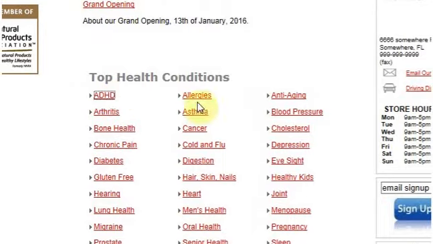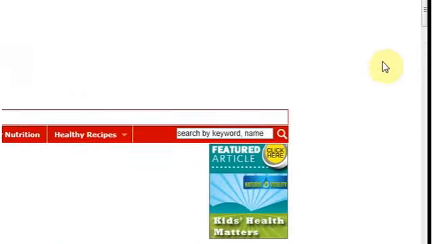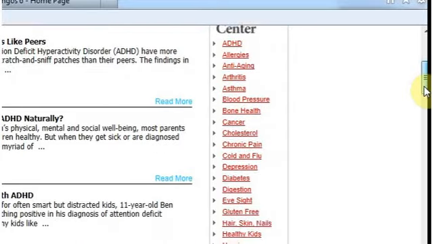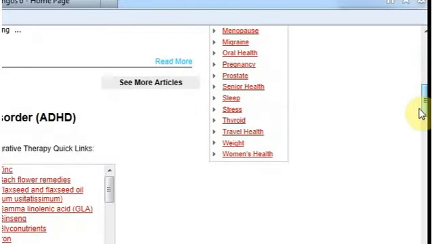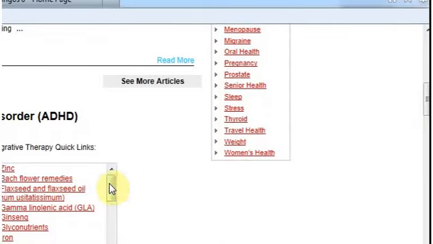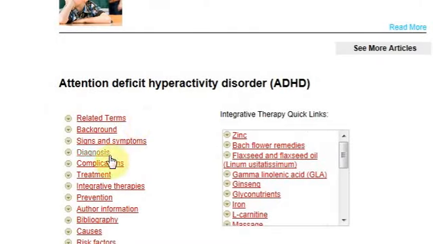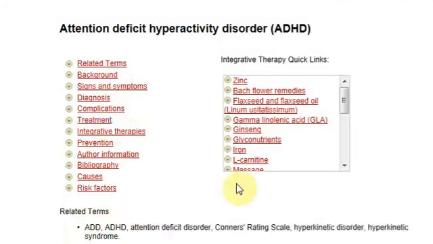We've got all kinds of information on the actual condition, related terms, background, symptoms and diagnosis, typical treatment that is performed, and all of this information here is really critical for customers that you have existing that may be interested in finding information about a condition. As you can see, we've got this whole list of conditions to the right,